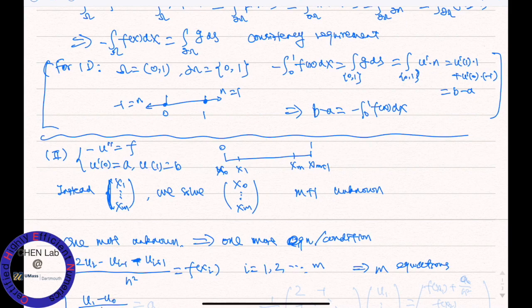That's an approximation to u prime at x0, so that is equal to a. That's one more equation. And if we write the corresponding matrix vector equation, we're going to get